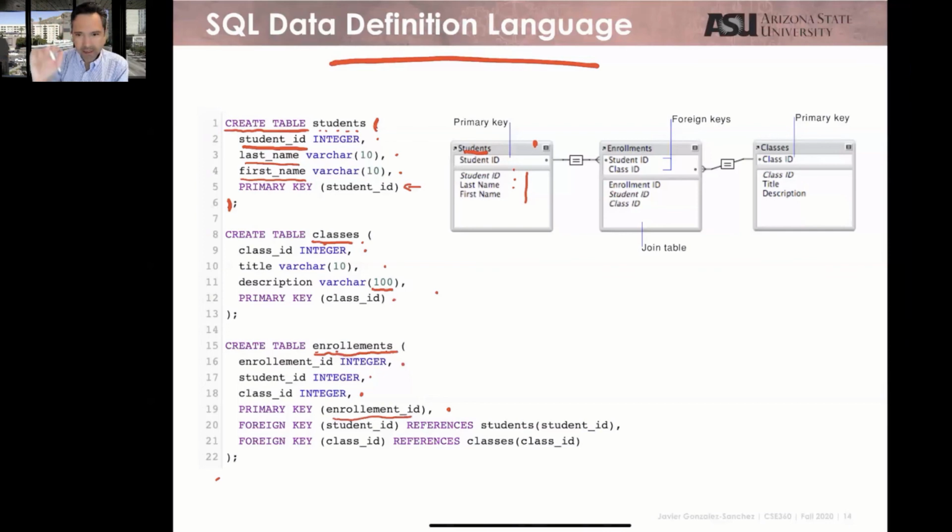What is the idea? Whatever value in that column should be unique. I cannot have two enrollment IDs the same because it's kind of the number that is the proof that some kind of enrollment happened, right? Transaction. Primary. But also, and this is the most important, is like, wait,